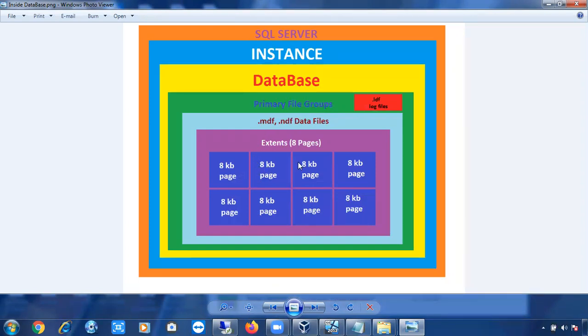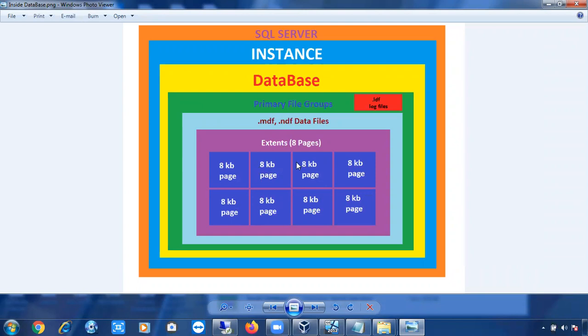All your tables will be stored on pages. Even system tables and system information in SQL Server are stored inside a page. A page is nothing but the basic storage unit of a data file.